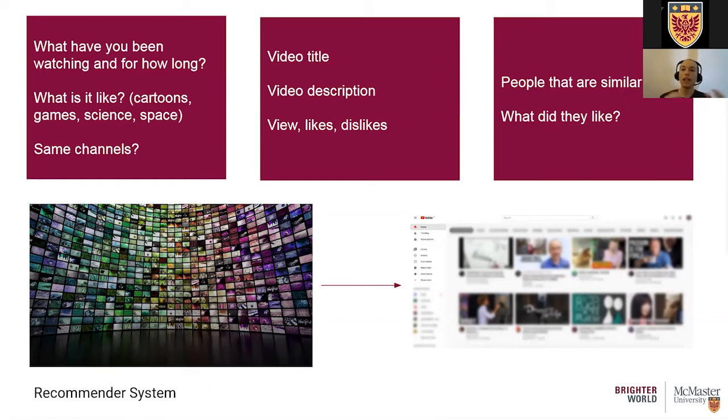And all that relates, and it uses something in machine learning called natural language processing, which is the study of language for the computer to try and understand what the content is all about. So video title, description, and then it also looks at the views. So it knows that if a video is good,